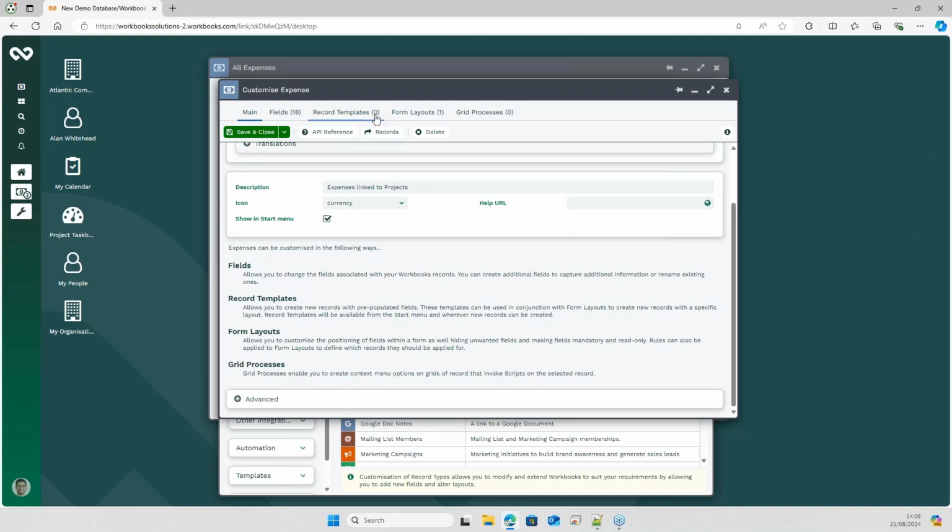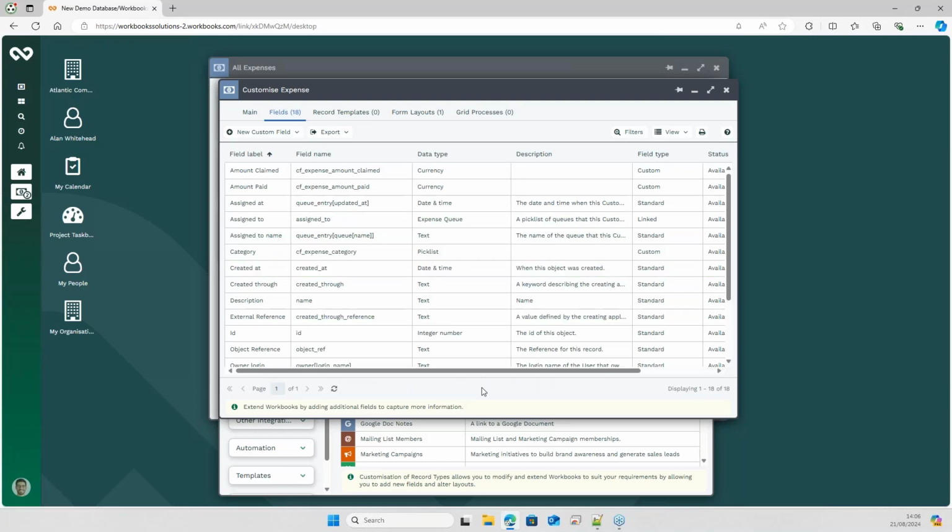There are no record templates. There is one standard form layout, which is the one that we saw when we opened it. And there are 18 fields. And these are the fields that help build up this expense. And we can add custom ones. As we know, CF means that it's a custom field. The important one that allows this